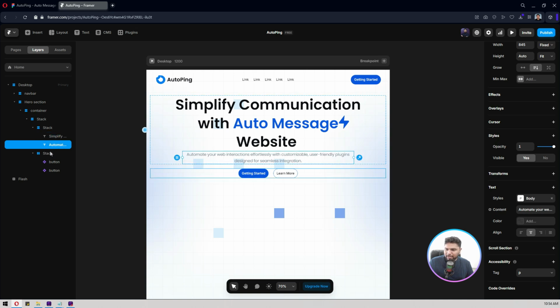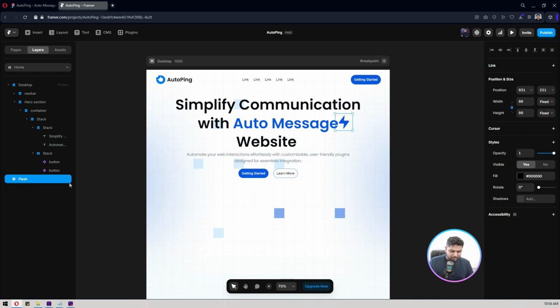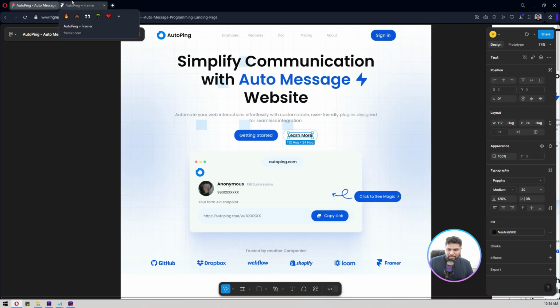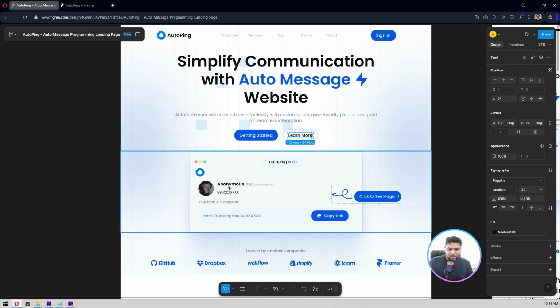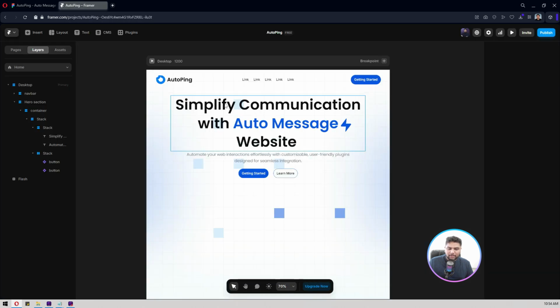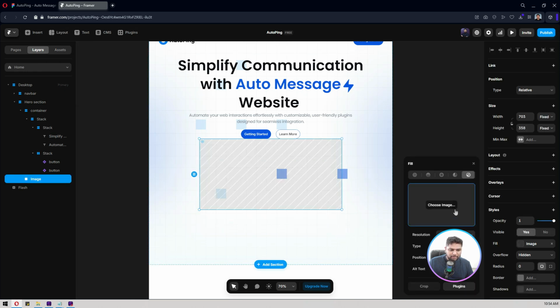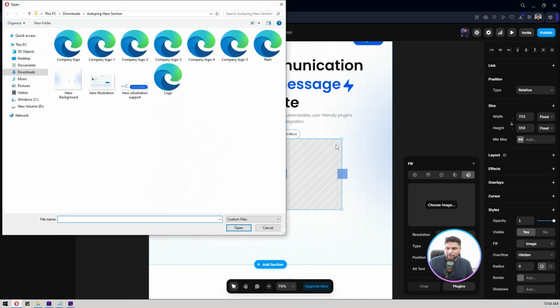Now let's find that particular flash icon. I have that icon here. What I'm doing is putting that icon next to that auto message, and then we have this image, and then we have this carousel, right? Now let's add the image to this one. To add the image, I will just add this part here and this image. Let's choose the image from this particular one. We have this image here,